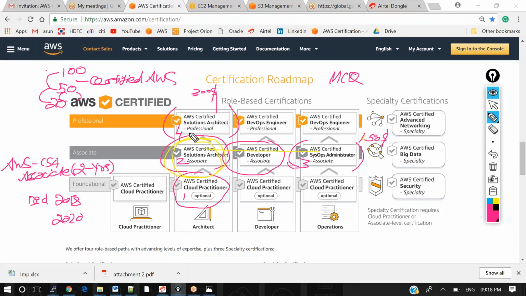Even though you have a certificate, at the next level you will be asked many questions on the concepts of the AWS CSA certification. So we should be prepared in both ways. But to get through the resume filter, we need to be certified. That is recommended at the first level.